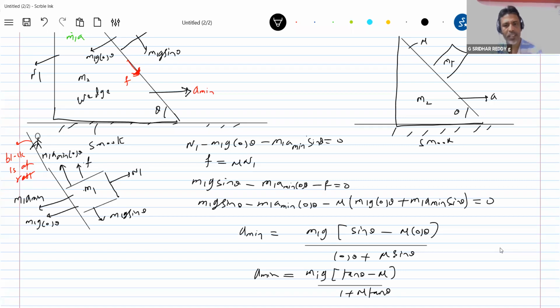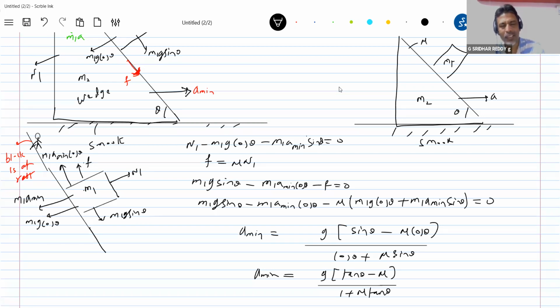Okay, all of you, just check this. Now a few questions. I removed m1. This should be the acceleration of the wedge so that the block does not slide relative to the wedge. Got this? So now tell me, who will provide this acceleration? An external agent, no? So what external force should I apply on the wedge? How to calculate that? I'm just going further into the problem.